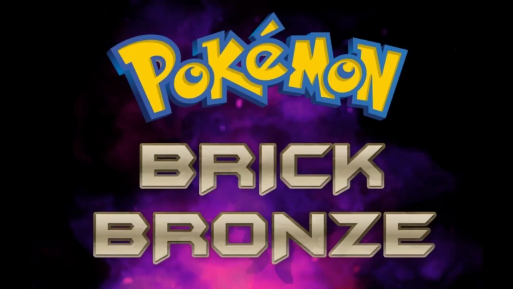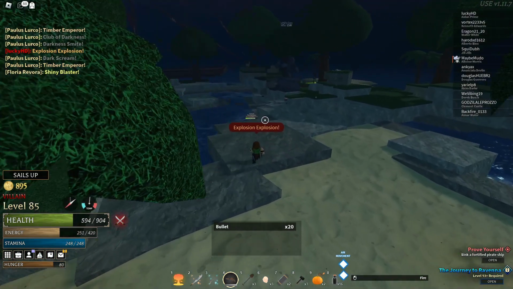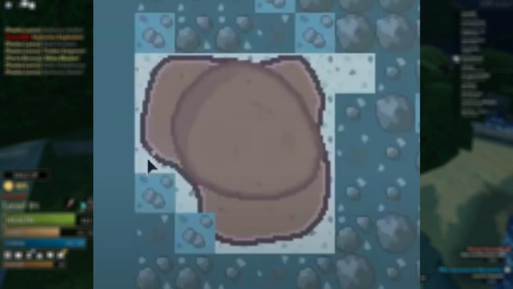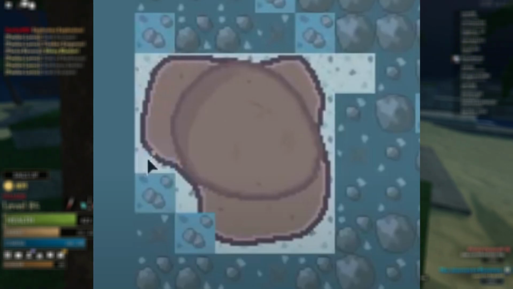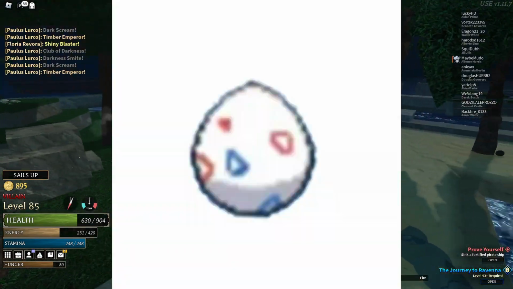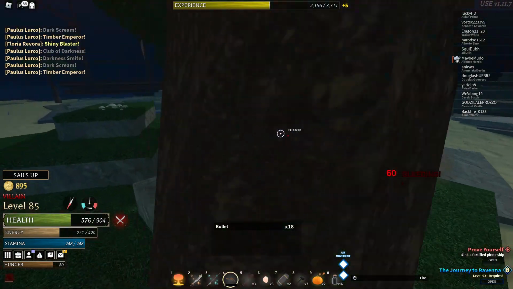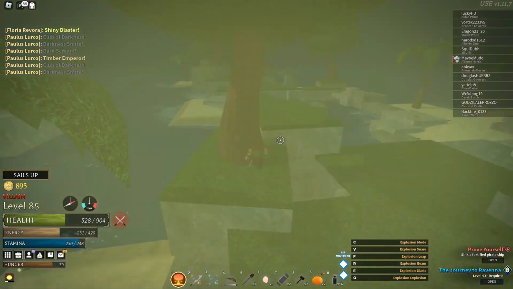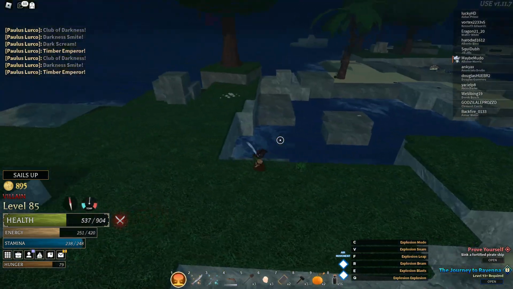because inside of Pokemon Brick Bronze, you had the egg. I forgot exactly what it was called, but the entire idea essentially was that you get this egg, it has, I think, a 90% chance to turn into a Togepi, or it has a 10% chance to turn into one of the 3 Lake Trio, obviously, Azelf, Uxie, or Mesprit. Now, this was really cool because, I think this was the only way that you could get these Pokemon inside of the game,